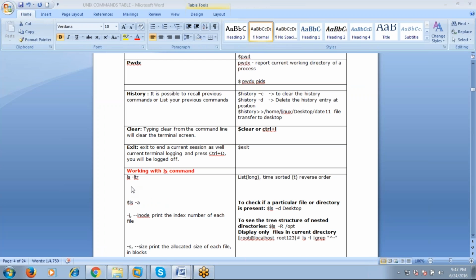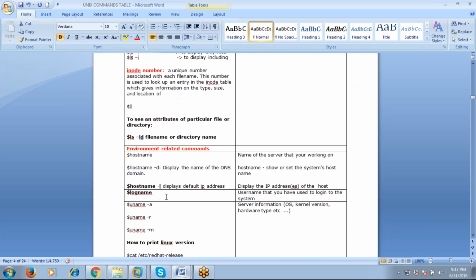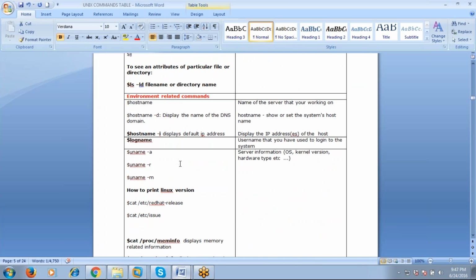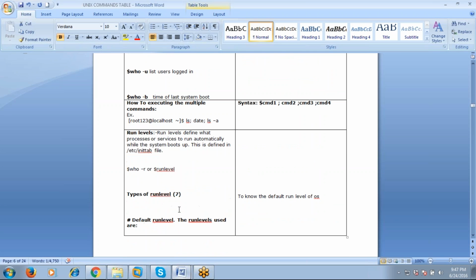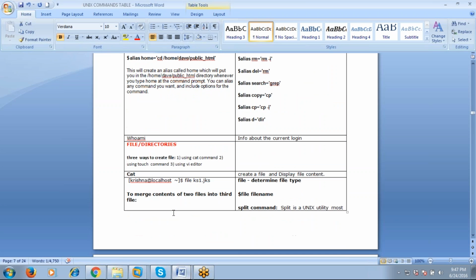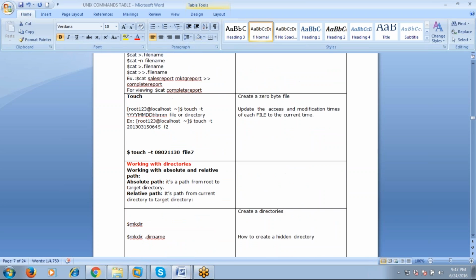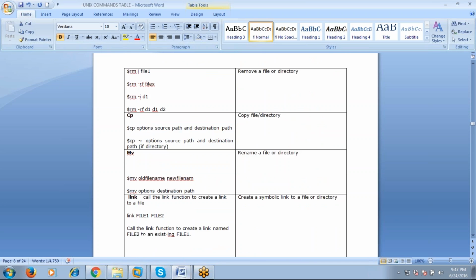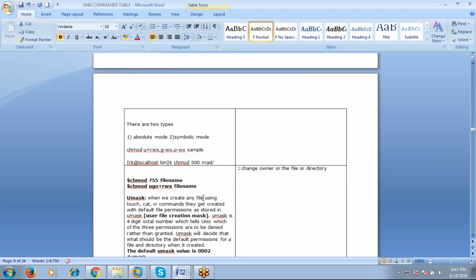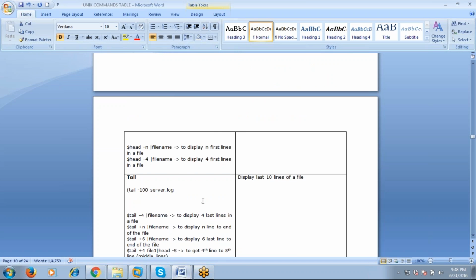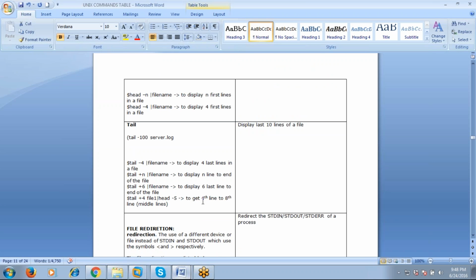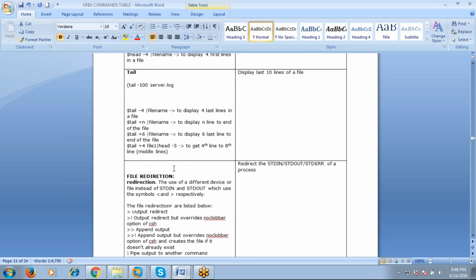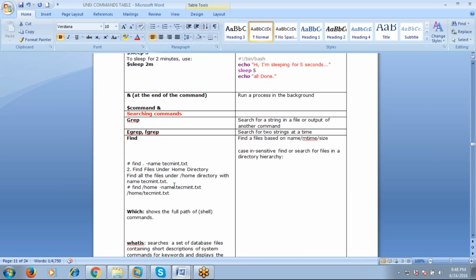Hello. We'll see tomorrow the ls command, then how you're going to be getting system information. In Windows, you get it by going through My Computer, then you get all the system information. But in Linux, everything you can get through the commands only. Then the who command, then run levels, then aliases, then files and directories, then how you're going to be copying, then what are links, soft links and hard links, then working with file permissions, then working with filtering commands like tail, head, less and more commands, then process related commands like searching commands,